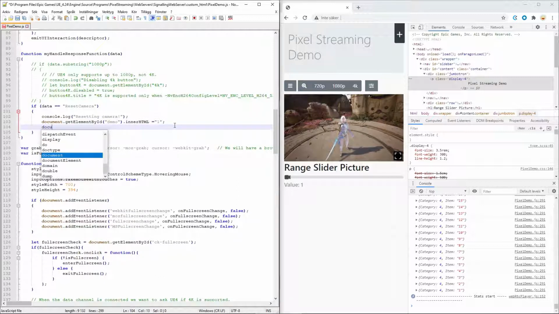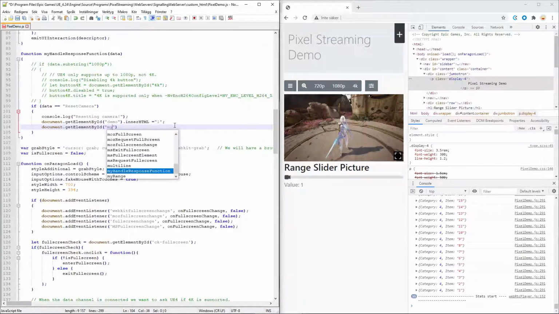Let's do the same with the slider. Get element by ID. I think we called it myRange with a small m. And because this is a slider, it has a value, and set that to 1 as well.